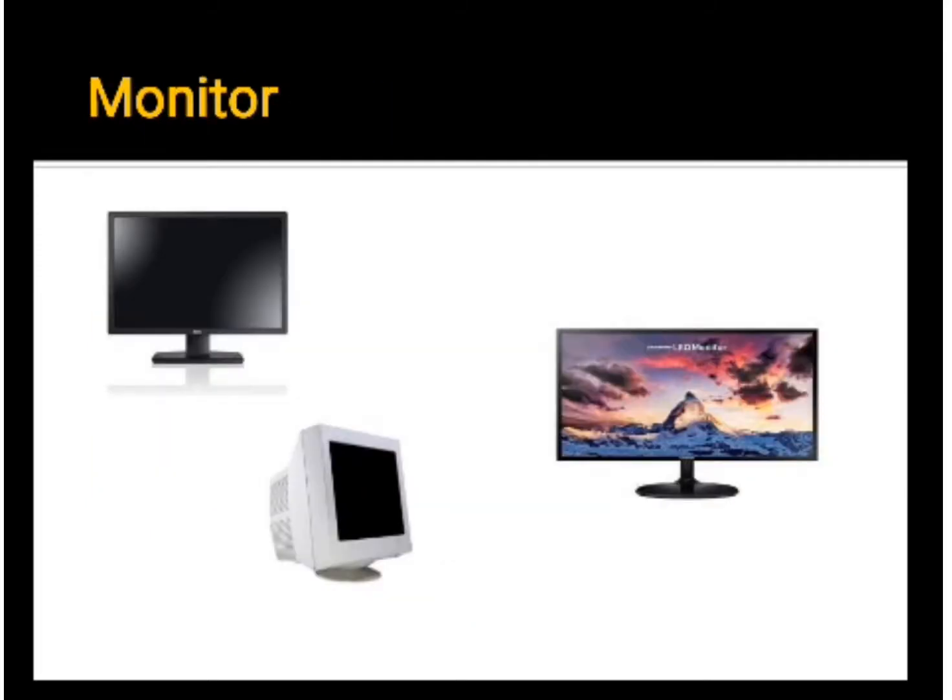Let's begin with the monitor output device. A monitor is an output device which is used to display the work done by you or the information you get after processing. We mostly have three types of monitors. First, we have the CRT monitor. A CRT monitor is a desktop monitor that contains a cathode ray tube. A cathode ray tube is a large sealed glass tube. CRT monitors are large and take up more desk space.